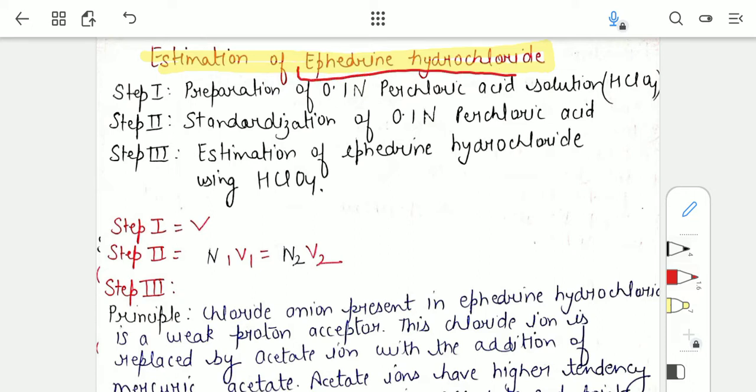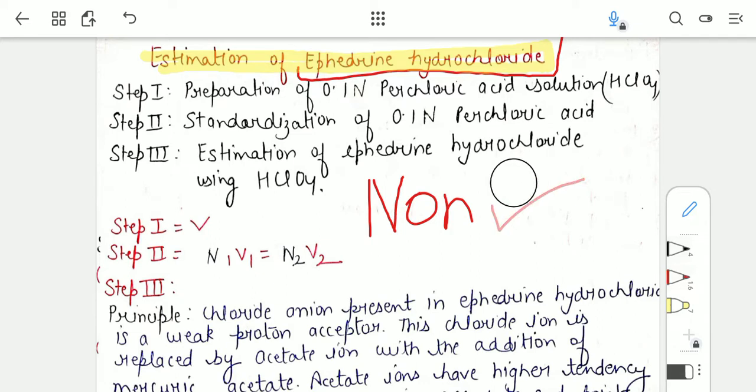In that video I have explained briefly that in this we have to use non-aqueous titrations because these are used when water cannot be used as solvent, because there are some substances such as weak acids and bases which give poor endpoint when water is used as solvent. So in those cases non-aqueous titrations are used, and in this case also the non-aqueous titration will be used. So now let us begin.